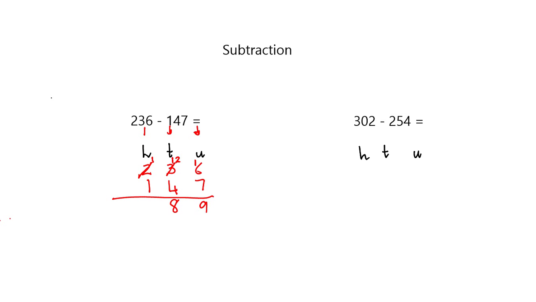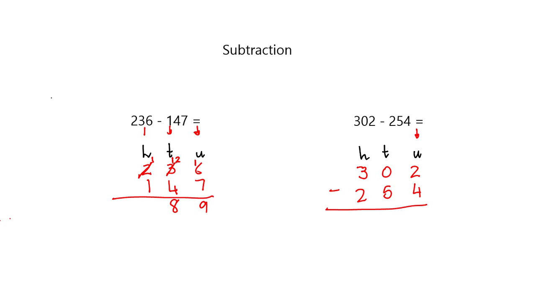Now we're going to try one where we've got some zeros involved. So if we've got 302 and we take away 254, ideally this problem and the one before it you would probably actually do mentally. They're both quite easy to do mentally, but if we're going to use the standard algorithm approach, let's start with